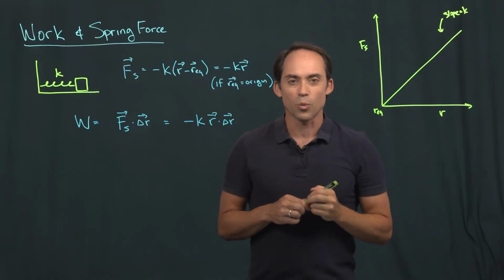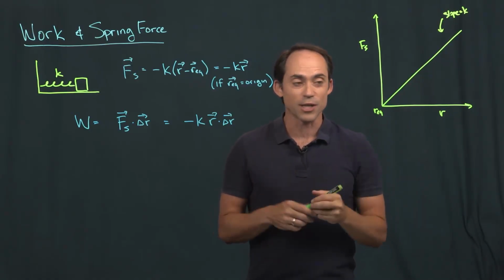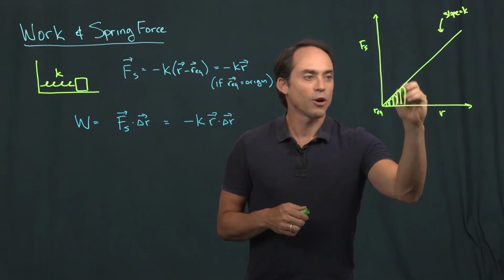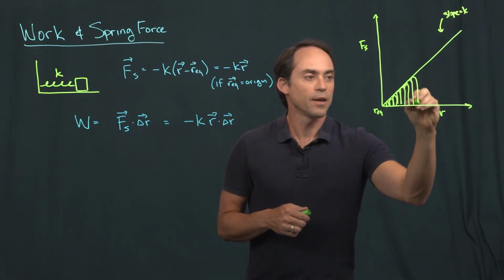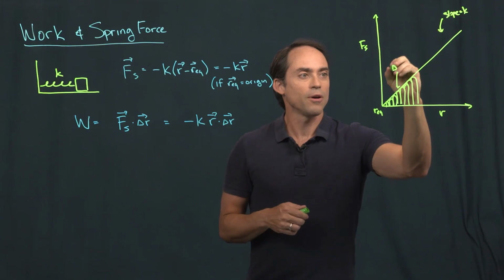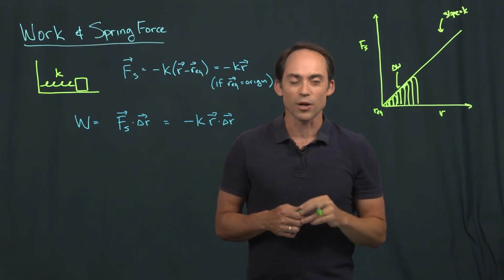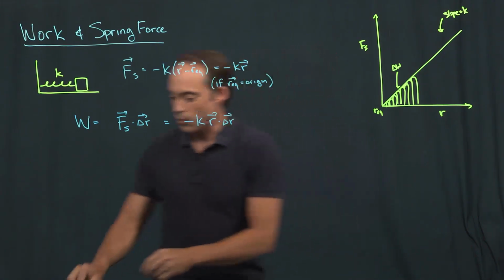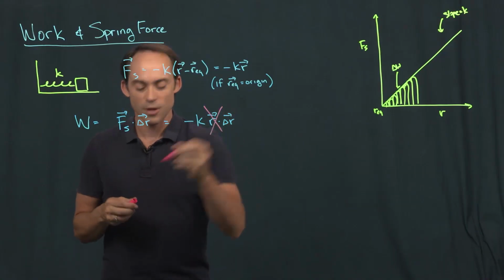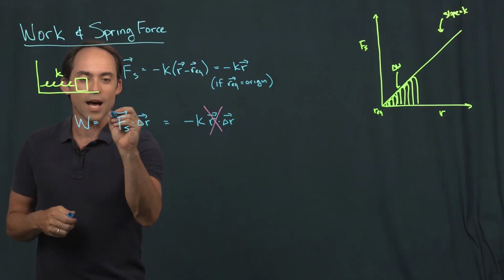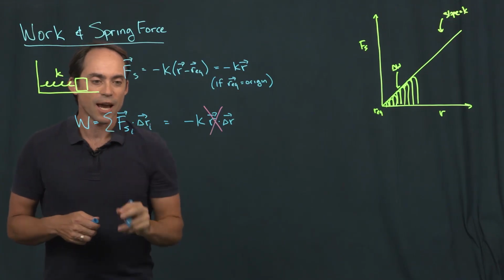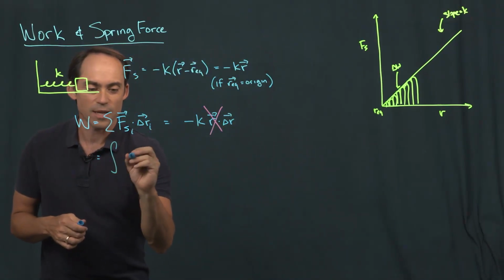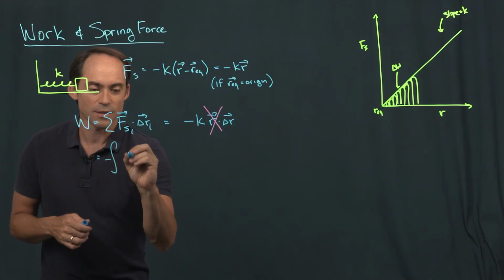So if we're actually going to compute the work acting on an object as it's being stretched out, we actually have to compute a lot of little works, which I'm drawing in here as a bunch of rectangles. The total work is just going to be the sum of all these little bits of work that are done as you're moving the spring out in smaller and smaller steps. So this is not correct. We actually have to do a sum over lots of little spring forces and little displacements as we move this spring across. And of course, this begins to approximate an integral, which is going to be minus k times